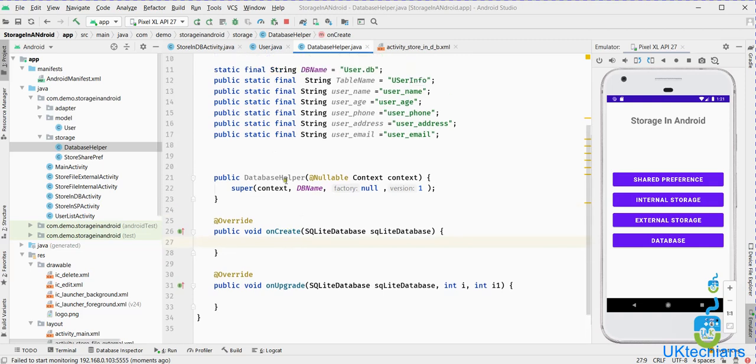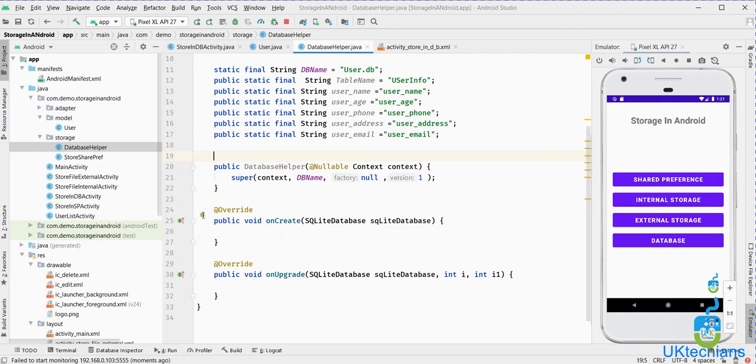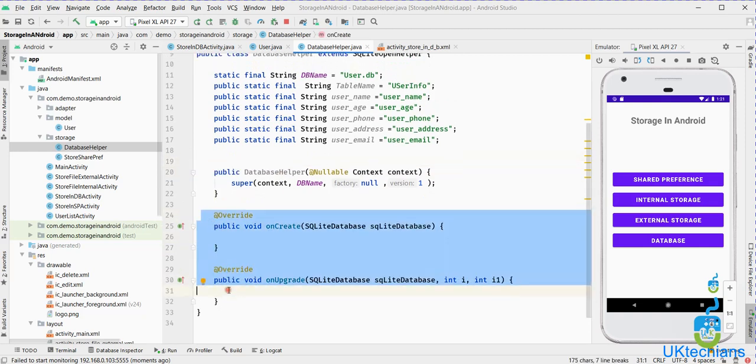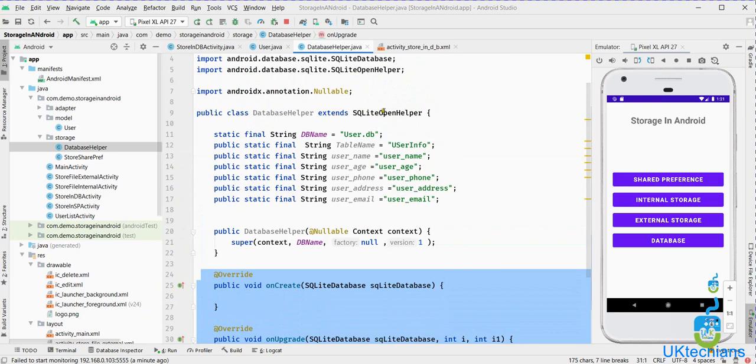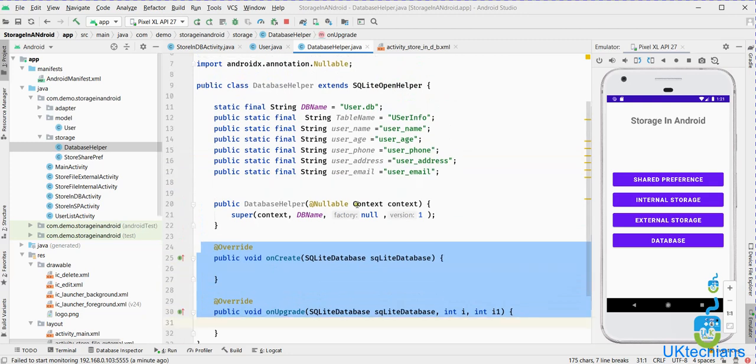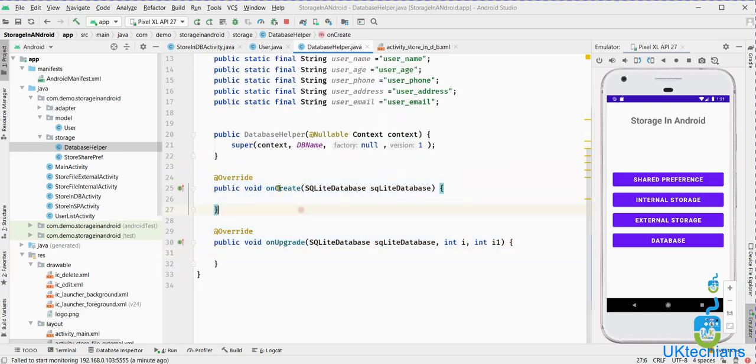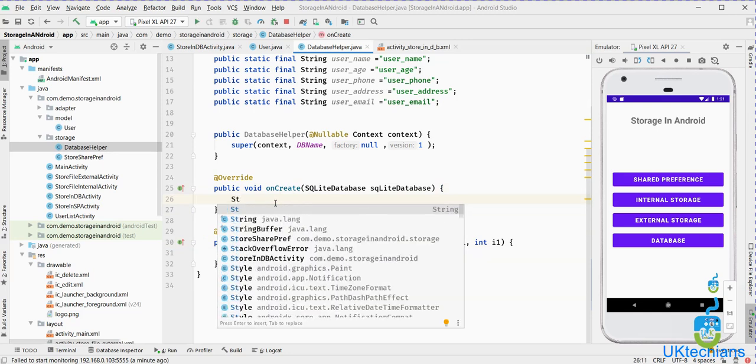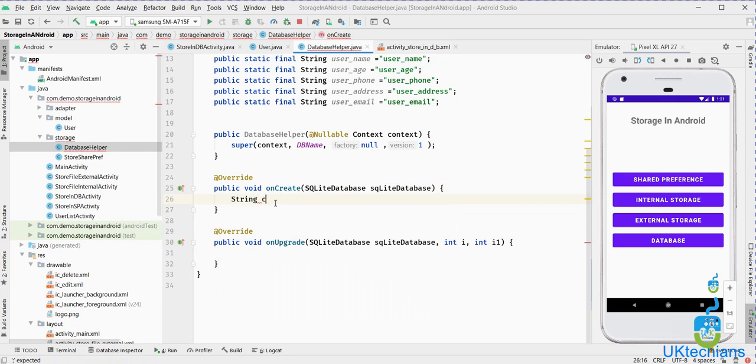So let's create the query. These are the two methods that are implemented when I extend this class with SQLiteOpenHelper. These two methods are used to create the database or upgrade the database. So let's see how to create or upgrade the database. We have to create a string variable of create table, and we will write the create table query here.